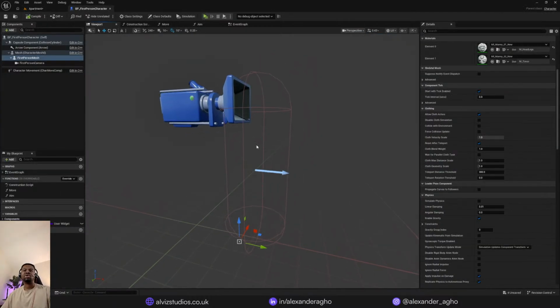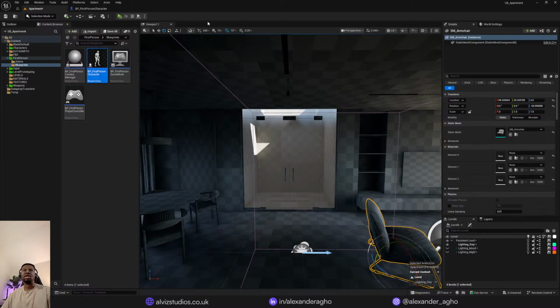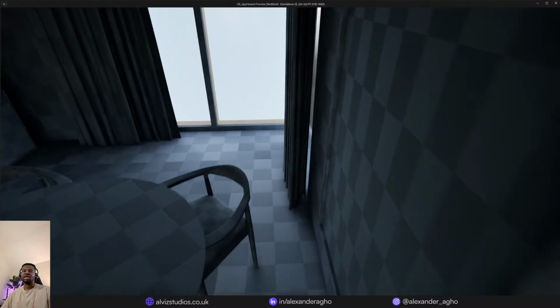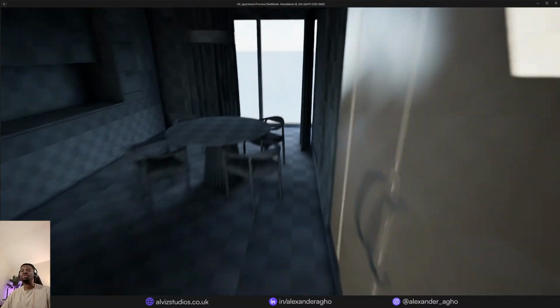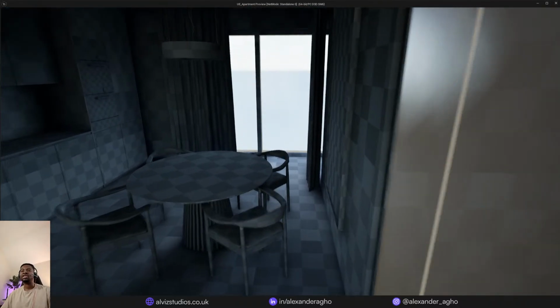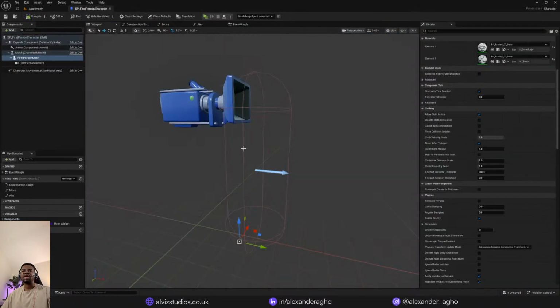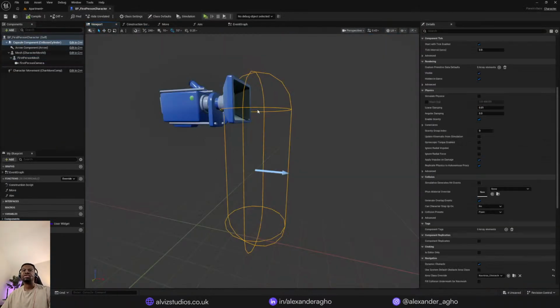The next thing I want to adjust is the fact that we cannot move around tight spaces. Again, for ArchViz, you want to try and limit how restricted your movement is, and that's a very quick fix, and that is by adjusting the size of the capsule. So with the capsule selected,